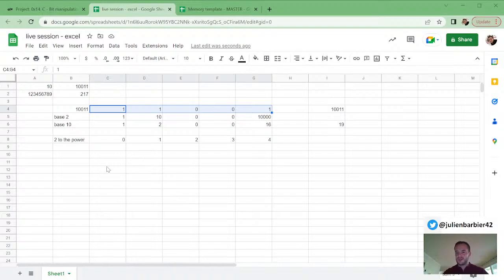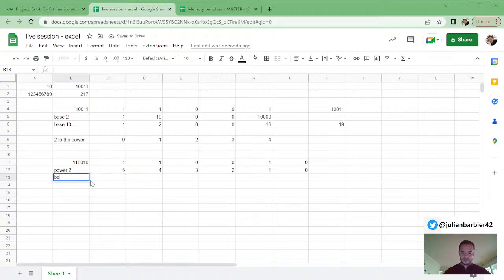Should we do another example and put it the same way? Okay, so let's do this one. This time we're going to take the first bit this way, and so we're going to go the other way. So everybody understands. Okay, so the power of 2 here, we're going to start from the right. So this is going to be power 0, power 1, power 2, power 3, power 4, power 5. Okay, so the base 10 value is going to be